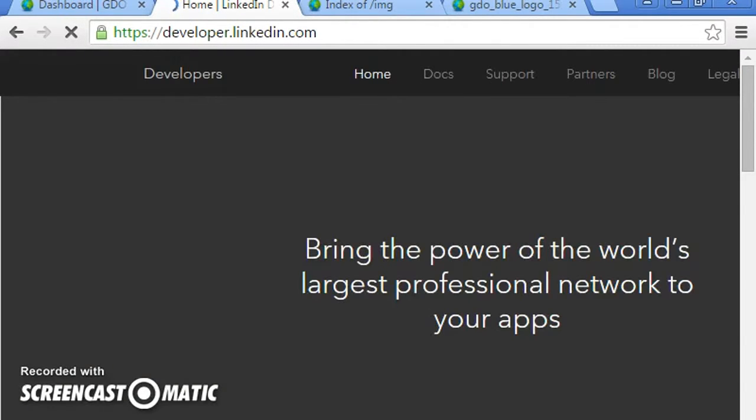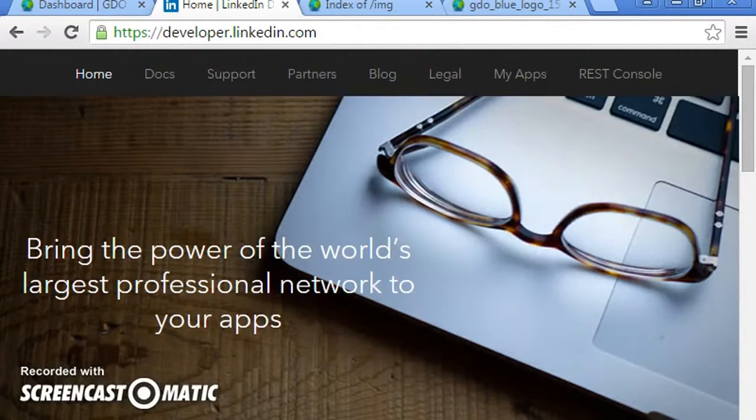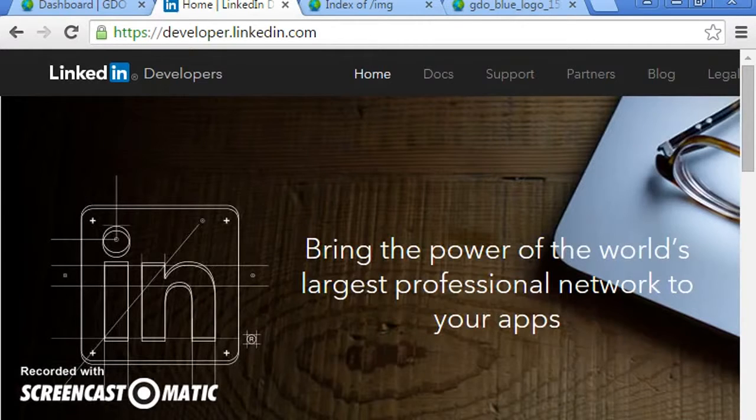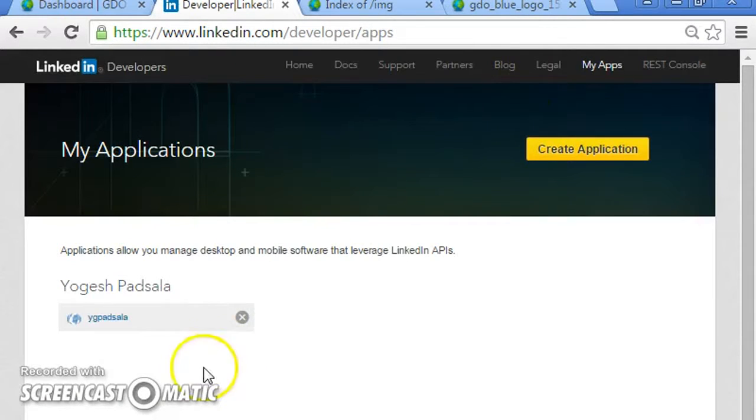So once you are in here, they will ask you to log in if you are there for the first time, and they'll probably ask you to give your mobile number to verify your account also. Once you are logged in, go to the tab called My Apps. Click on My Apps. If you have any apps, they will be listed here, and if you don't have any, there will be an option here to create a new application. So click on Create Application,